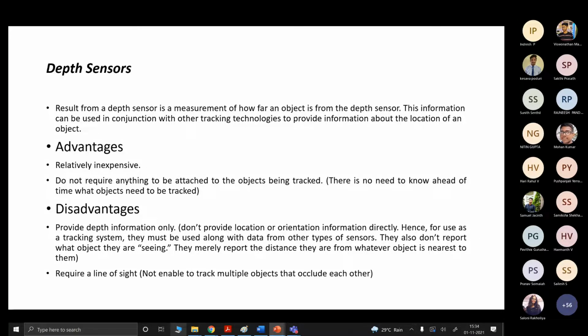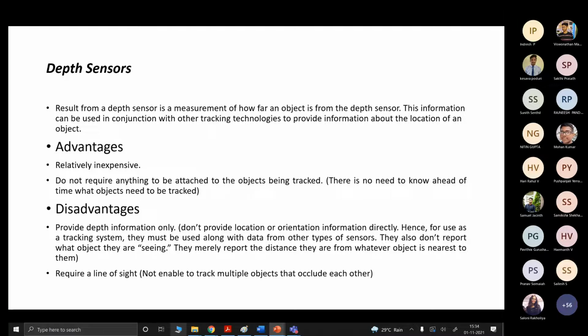When it comes to the disadvantages, it will only give the depth information of the object, but it doesn't provide the orientation or tell you what the object is. The object which is seen, that information cannot be provided by the depth sensors, and